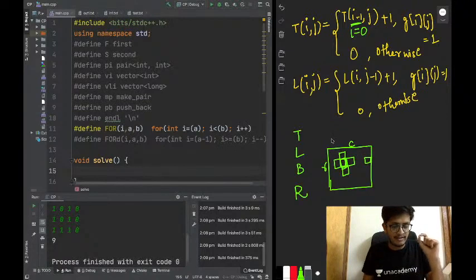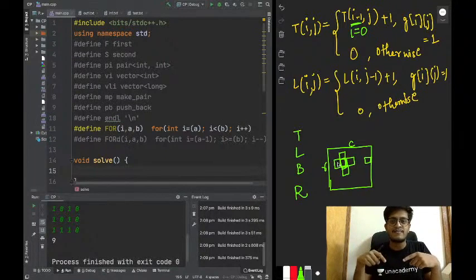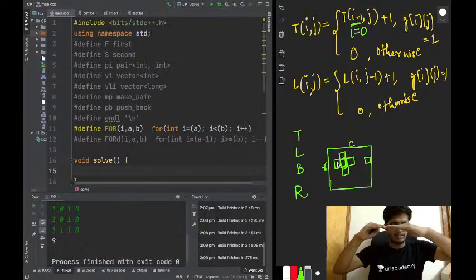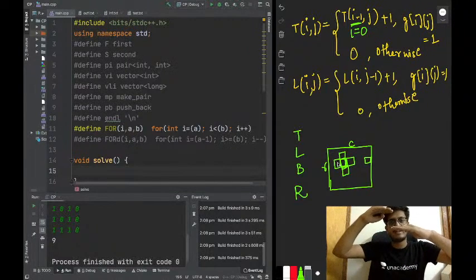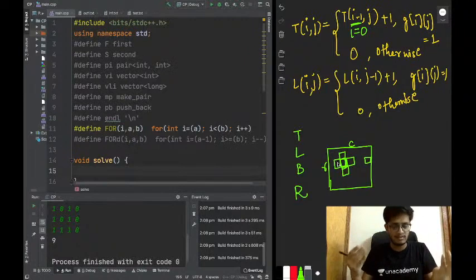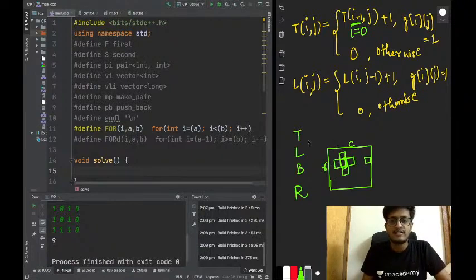If you are a competitive programmer, this is where you might get stuck once: the border cases in a matrix. If a value is dependent on its left and you don't have any left, then you have to hard code for that. If a value is dependent on its top and we don't have any top, then we have to hard code, right? So we have to handle many conditions. So what I prefer is, in this cell the R value and B value will have conditions, in this cell the top value and left value will have conditions.